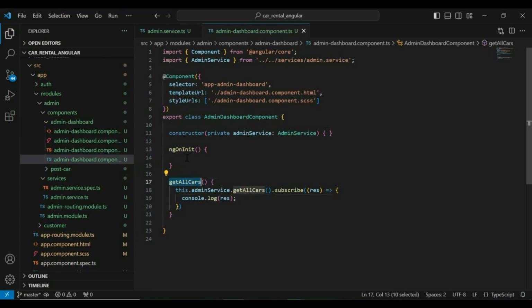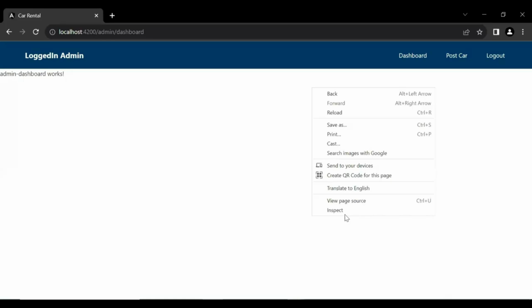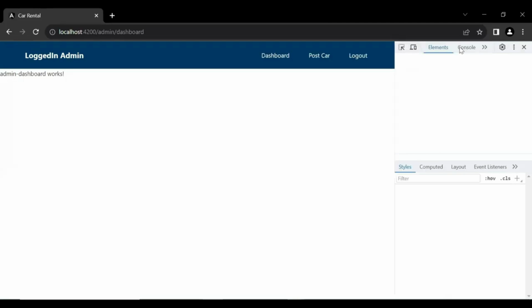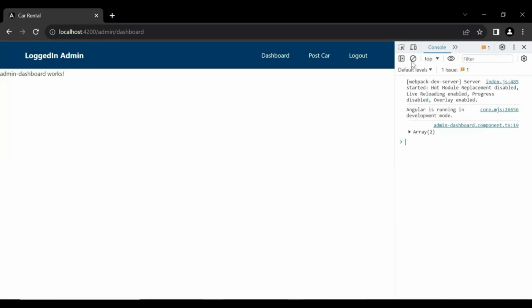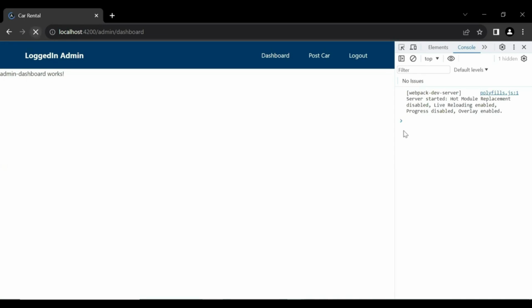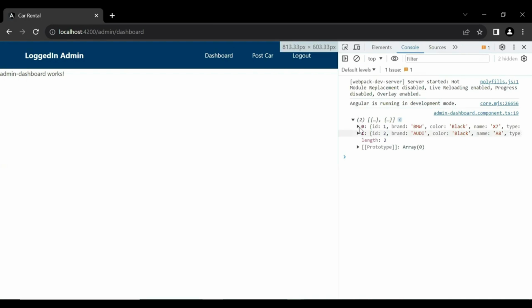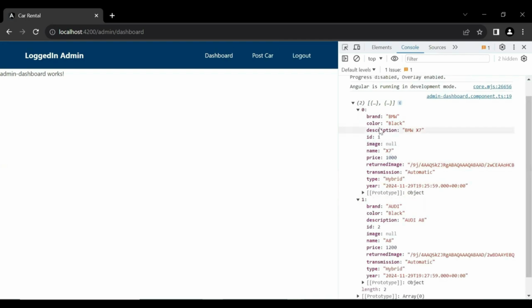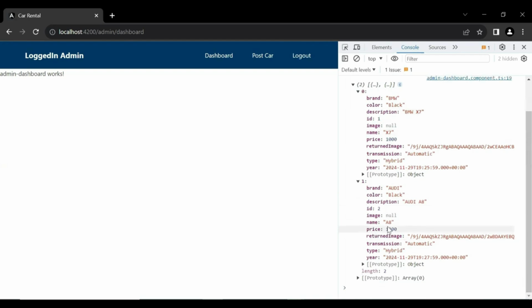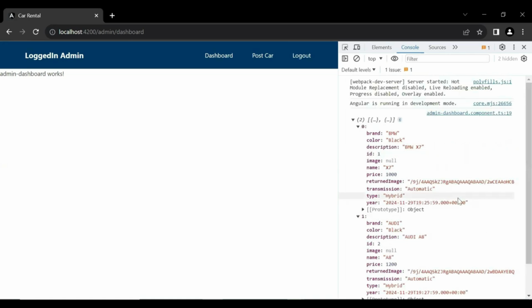And we also need to invoke this method. So here I'm going to add this.getAllCars method. Let's save this, go to our UI, and let's test this API. Let me open the inspect, and let me refresh the component. And you can see we got a response from the backend with the two cars. First one has the name X7 and the second is A8. Now we are getting the cars into our console.